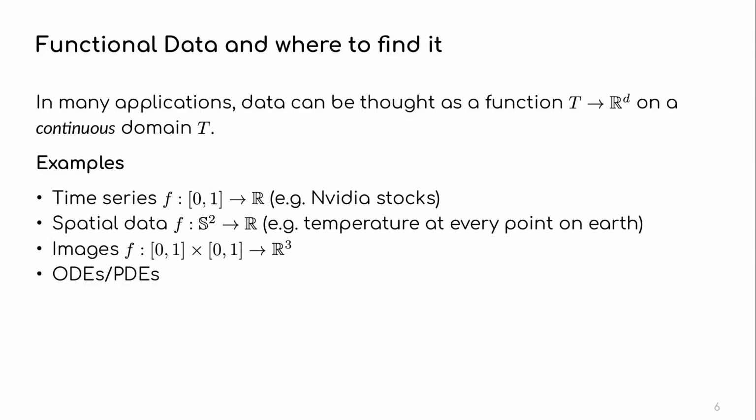You can just have spatial data. Let's say I have a data set of temperature at every point on Earth, or like sensors. But then, of course, these sensors will be measuring over time, so they have both time and space as my input dimensions. I can also treat images as data, right? An image can be seen as a function. Let's say my image is like a square. It's just a function that takes a point on the square and returns a color, which is like three numbers.